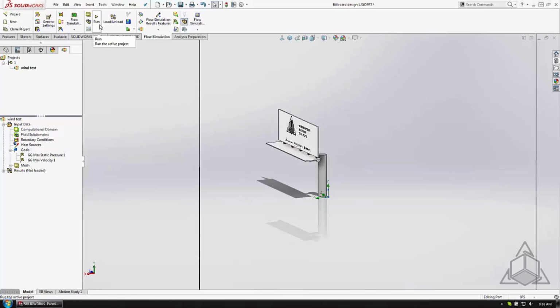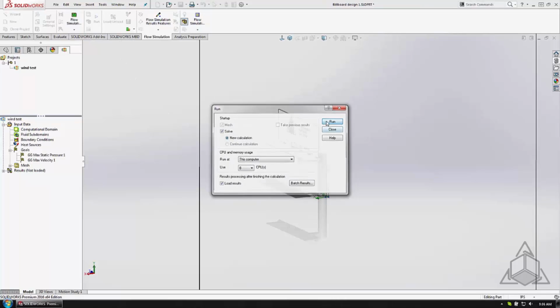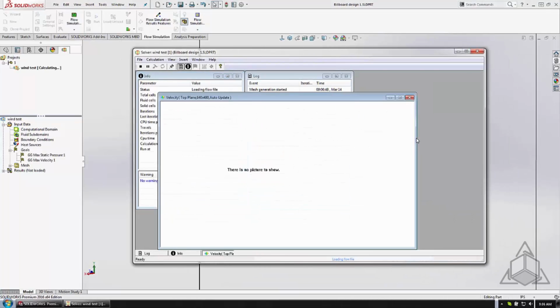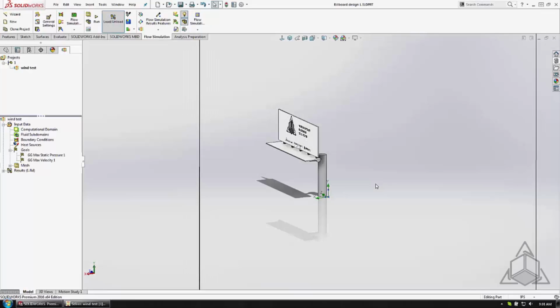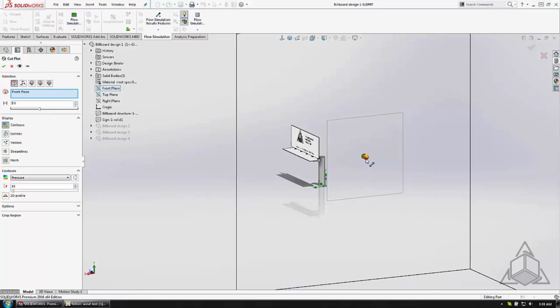Let's run this example. And we can see that we can get a nice cut plot of the velocity profile